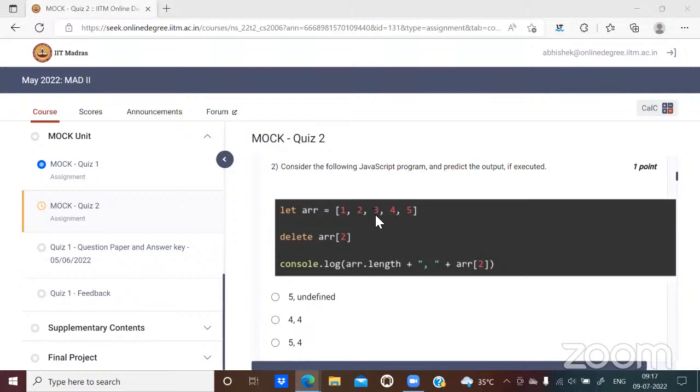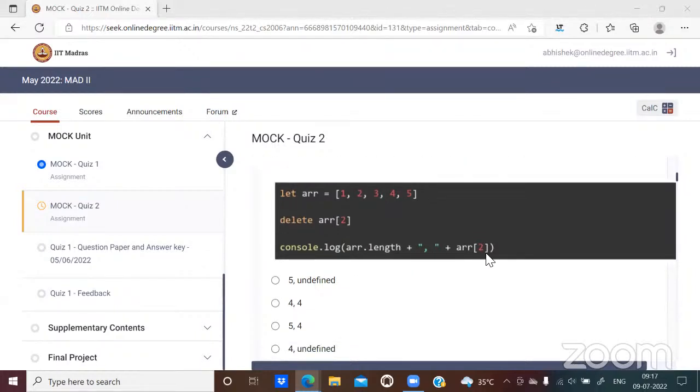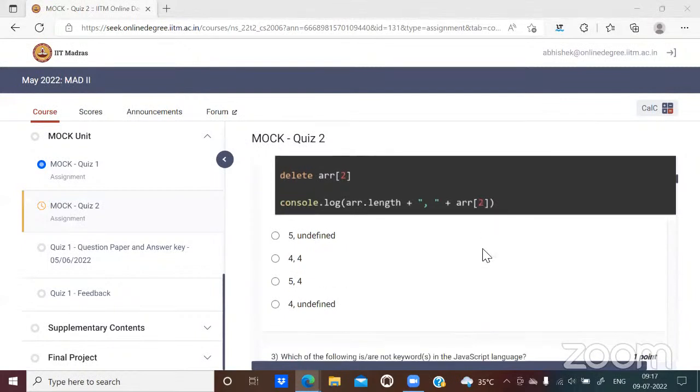So index 2 here was the element 3. That means after executing the delete operator statement, the array would become 1, 2, undefined, 4, and 5. So the length is supposed to be 5, and arr[2] is supposed to be undefined. So 5 and